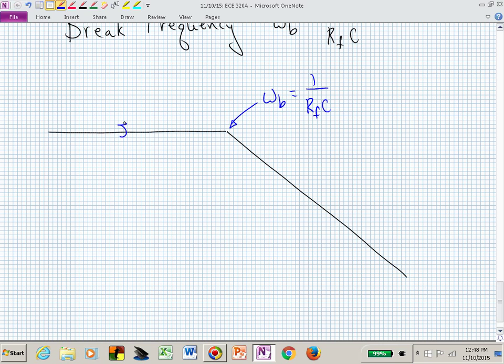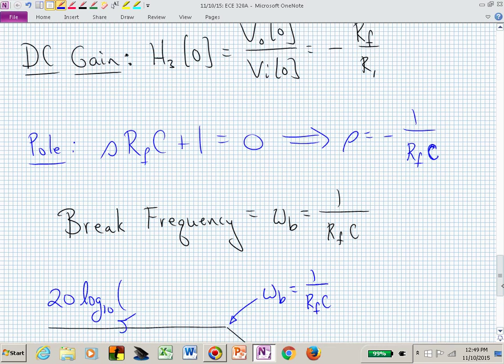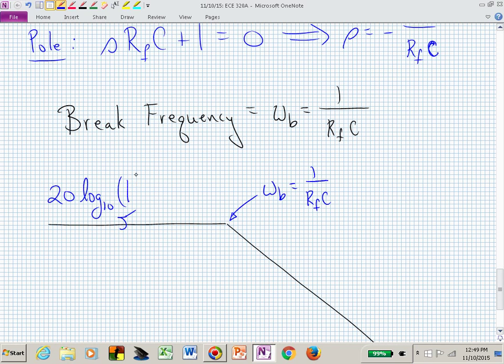What is the value of the magnitude of our transfer function, let's say in dB? That's now 20 times the log base 10 of the absolute value of that transfer function at, let's say, DC. And what was that? What was our DC magnitude? R sub F over R sub 1. So if R sub F was 10 times R sub 1, we now have an absolute gain of 10, which in dB,